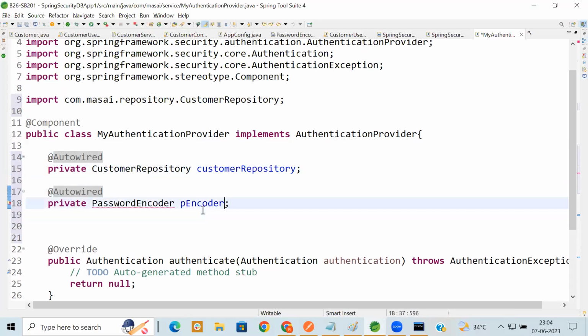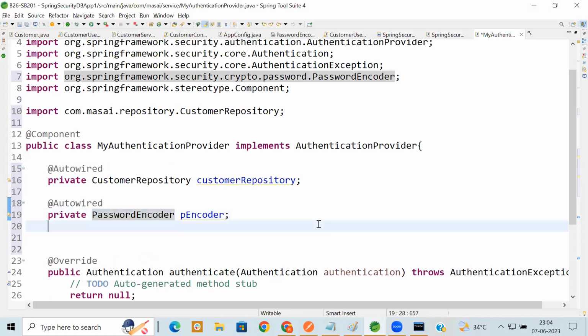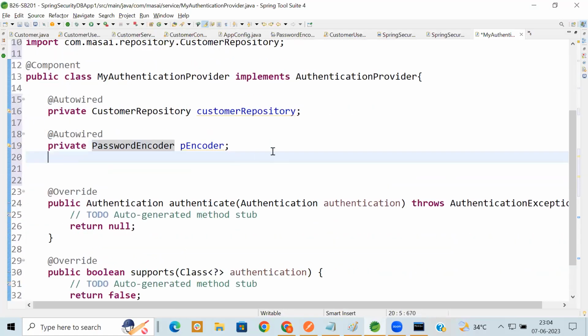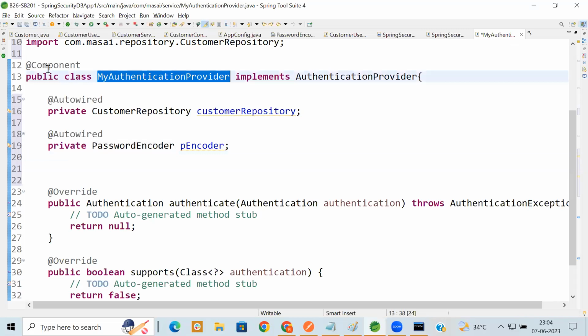And the second one is the password encoder. These two objects I have just autowired. Even if we have both the DAO and the custom one, it will prefer the custom one. It will check the custom one only. We don't need to delete this one. By default, it will check whether our one is registered in the container, and it will give the priority to our one. Okay, so,